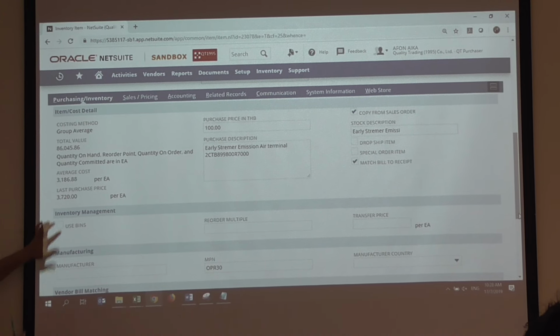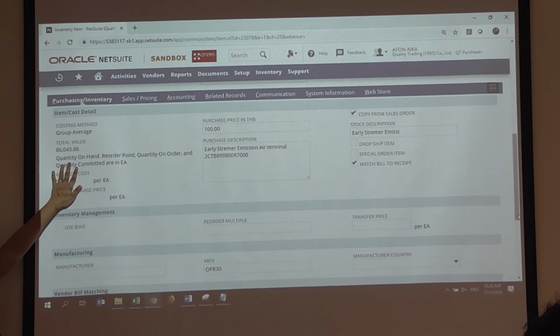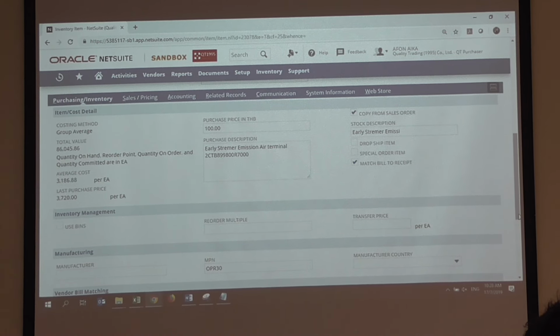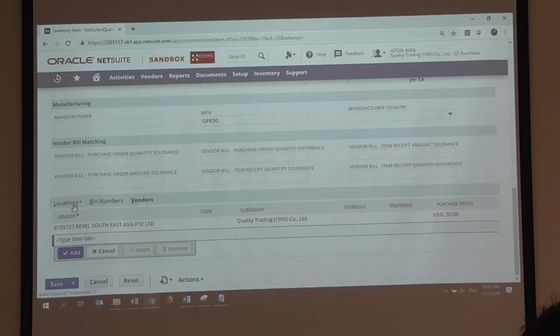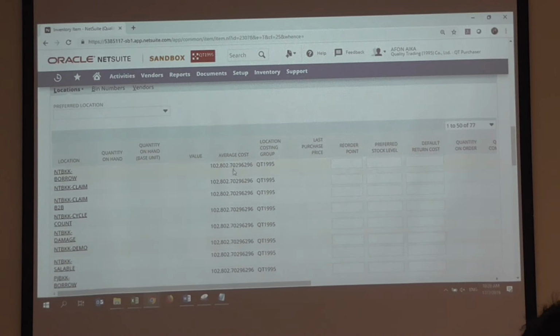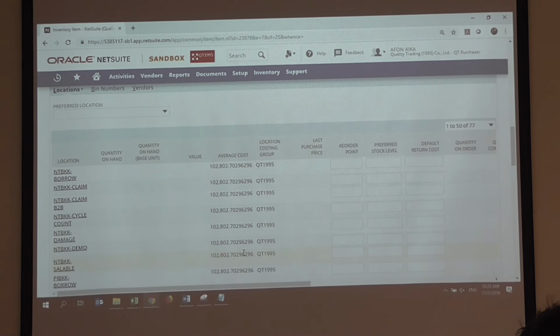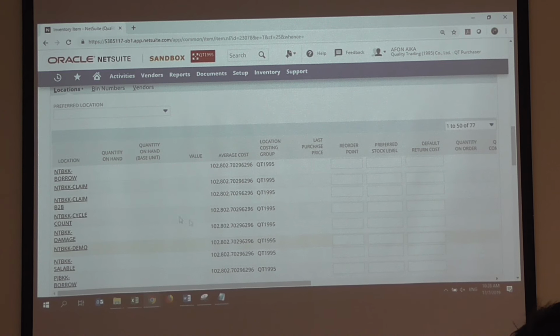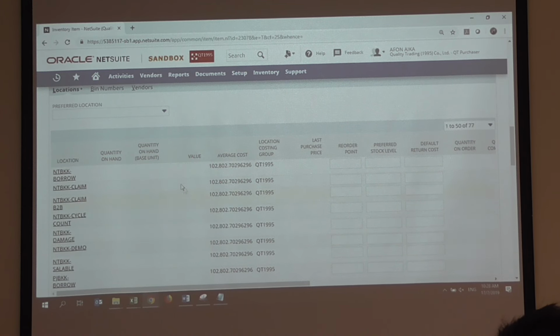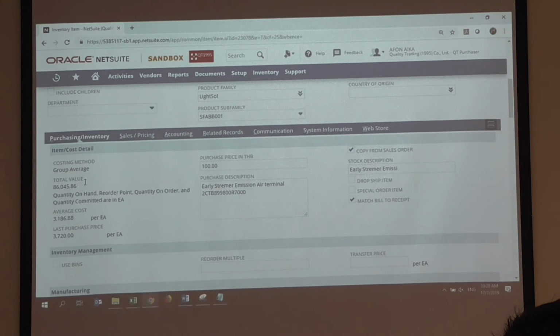So the system values here are in USD. Okay? But if you look at the locations and you see this amount, this is already in Thailand. So average costs, the values are all in Thailand baht. Only here in the top part is the